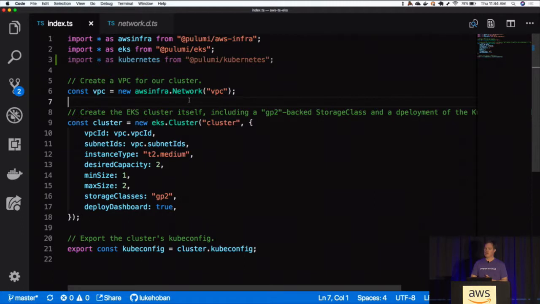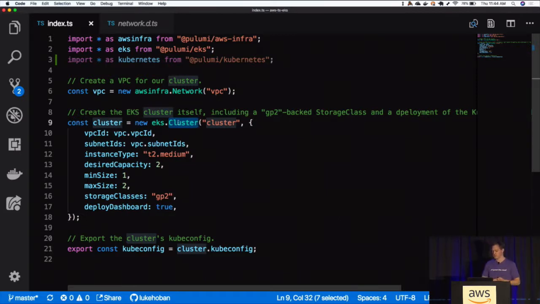I can use that to write a program which describes the infrastructure that I want to exist in my AWS environment. In this particular example, you see I'm just saying two things. I'm saying I want an AWS infrastructure network, and I'm saying I want an EKS cluster. So you see here I'm talking at a much higher level of abstraction than we often talk about here. I'm describing things in terms of the ways that we talk about it when we're talking to our colleagues, instead of talking about it in terms of the individual little primitives that I need to deploy